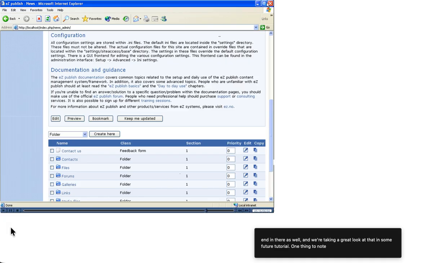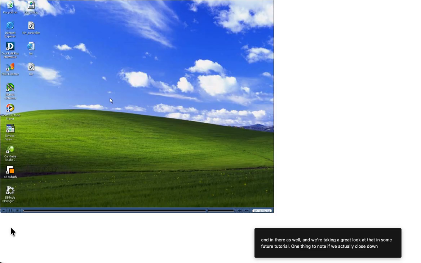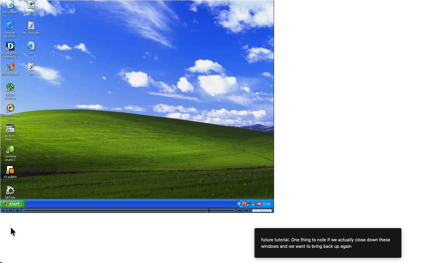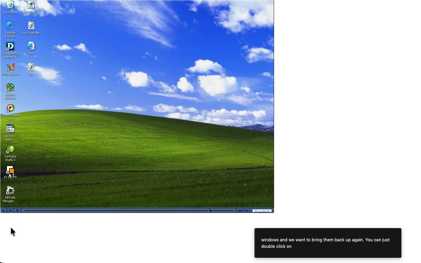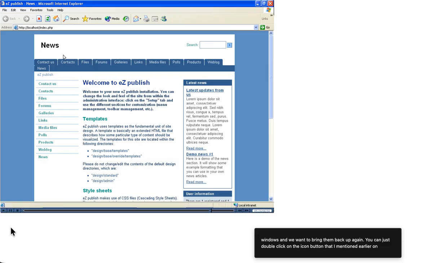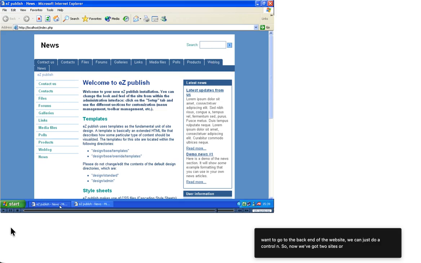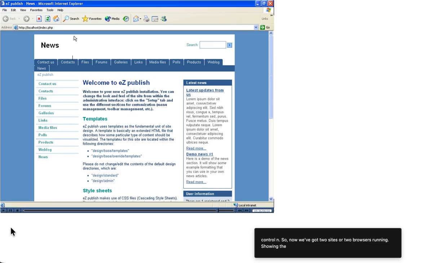One thing to note, if we actually close down these windows and we want to bring them back up again, you can just double click on that icon button that I mentioned earlier on, and that will bring us up to, shows the front end of the website. If we want to go to the back end of the website, we can just do a Control N. So now we've got two sites or two browsers running, showing the same front end of the website, and in here we can just put in